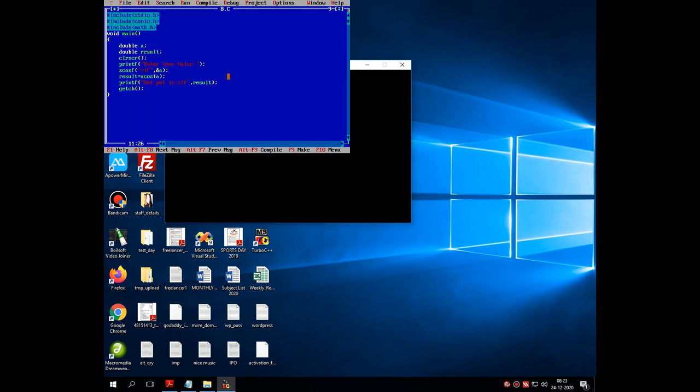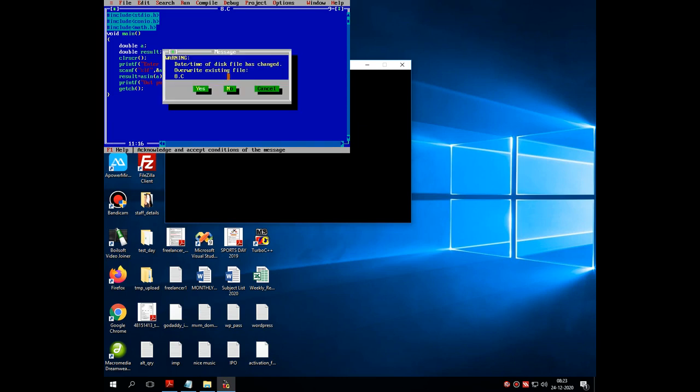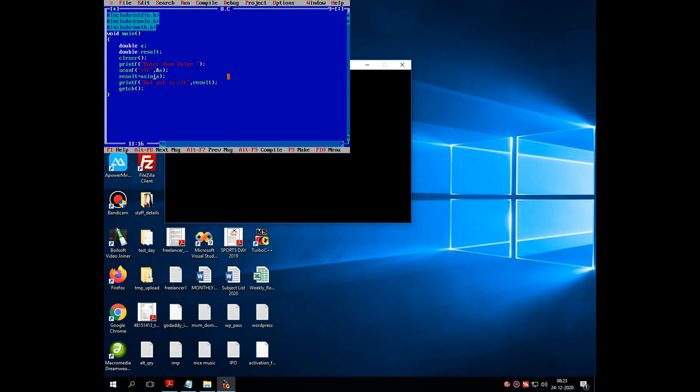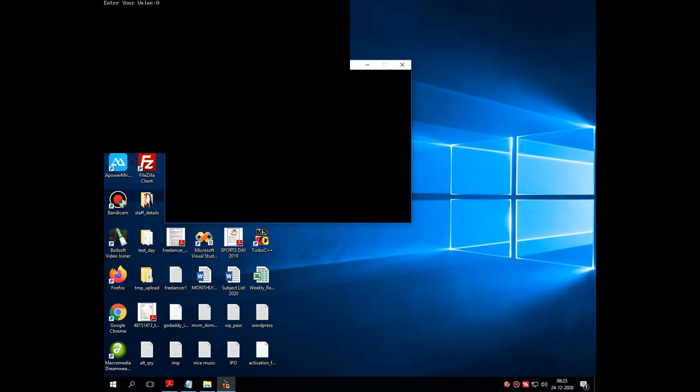Now just like acos, you can check for asin. I'm just changing the function name from acos to asin, and I am executing the program and giving the same value 0.5.